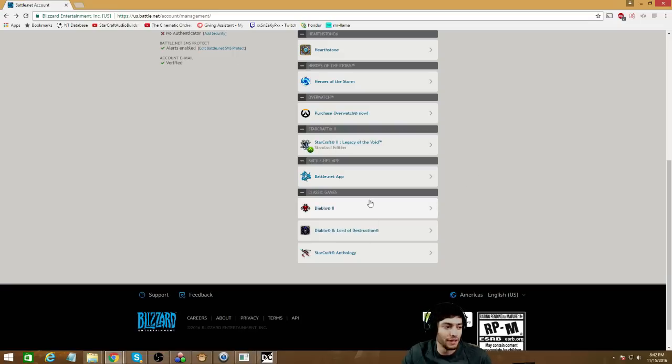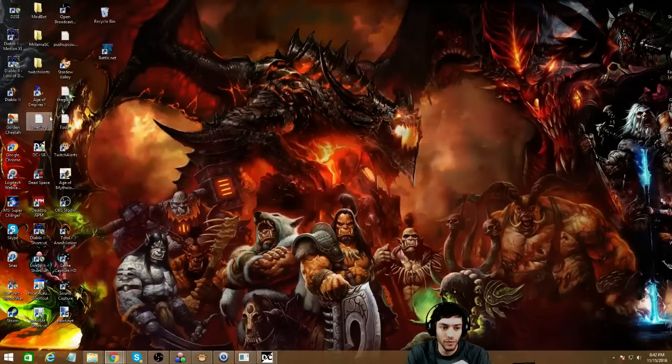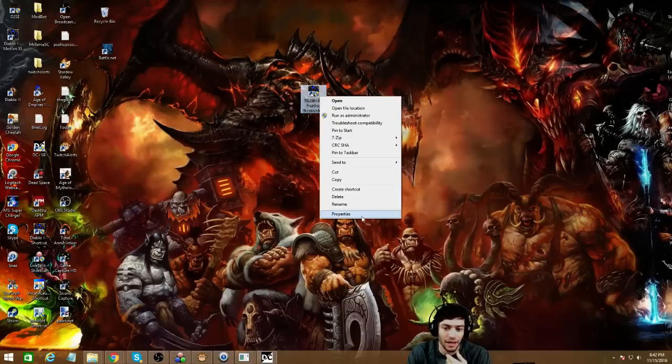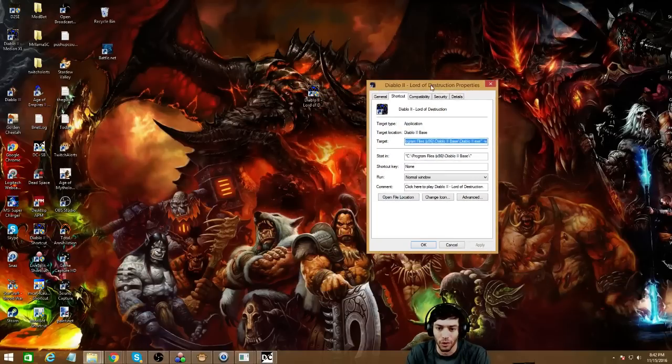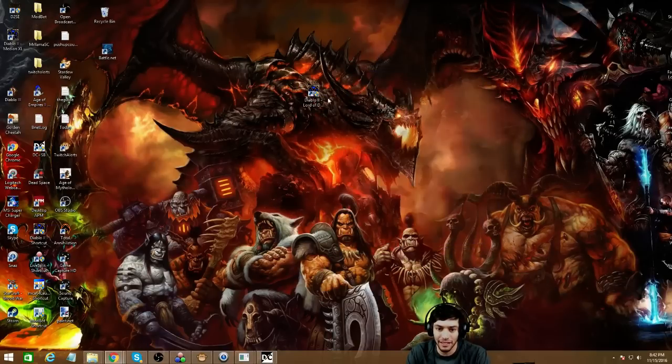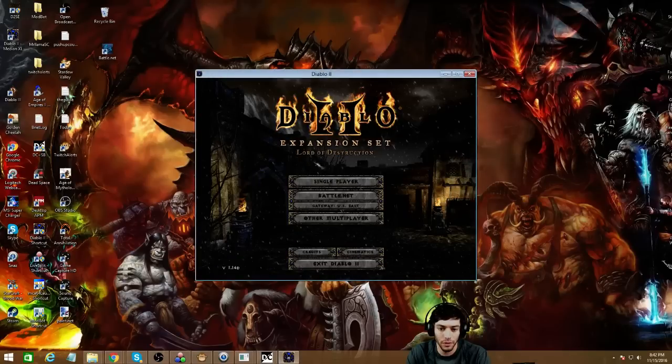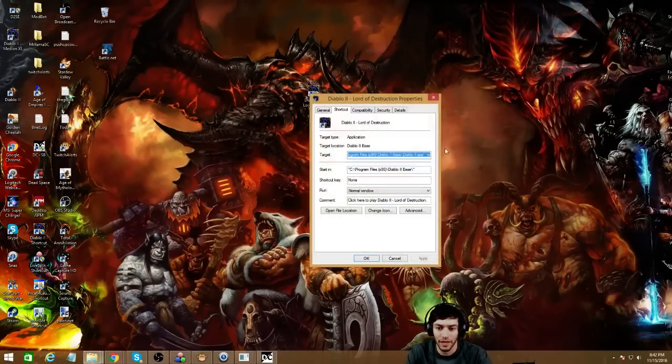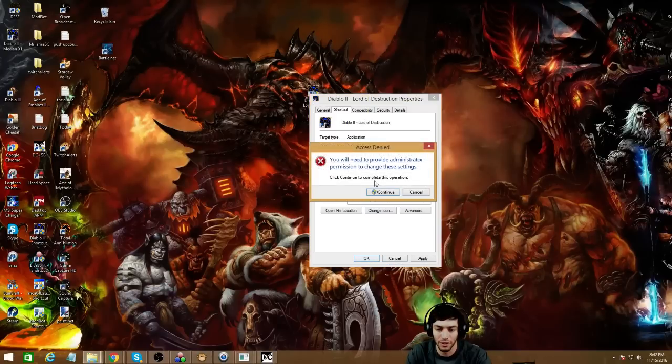So once you've installed those or downloaded them, you will have this icon, right? This is just Diablo 2 latest patch. So if you go to properties, things that are important, adding a space -W at the end is going to allow it to open in windowed mode. If you don't do this, you're going to get the entire screen, right? So if I take off this -W,